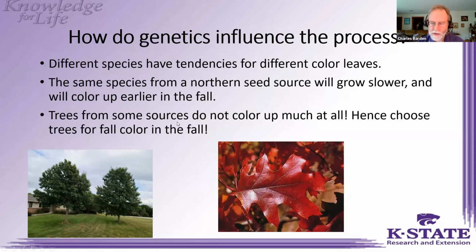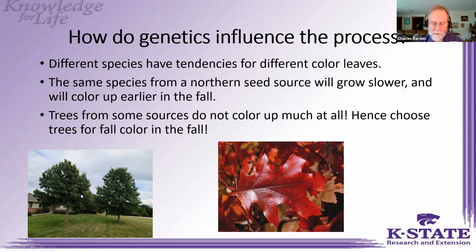Go to the nursery in October and look at the color of those tree leaves and select those specimens that are colored up nice. This picture here, these two green trees are actually northern red oaks from a neighbor of mine in my neighborhood there in Potawatomi County. They saw the northern red oaks color beautiful in red, this dark red, almost burgundy color. So they bought a matching set of northern red oak saplings from the nursery in the spring. And then every year, this smaller one colors up beautiful and dark red. The larger one behind it maintains its green leaves for a long time.